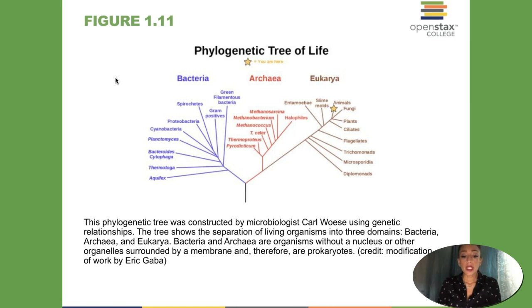Phylogenetic tree. Here we go right here. The phylogenetic tree was constructed by microbiologist Carl Woese, using genetic relationships to show how similar organisms are to one another. Like we were just saying, bacteria and archaea are prokaryotes, before the nucleus came about, but as time went on, they actually discovered that domain archaea is